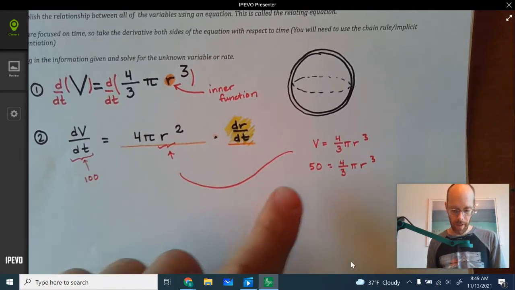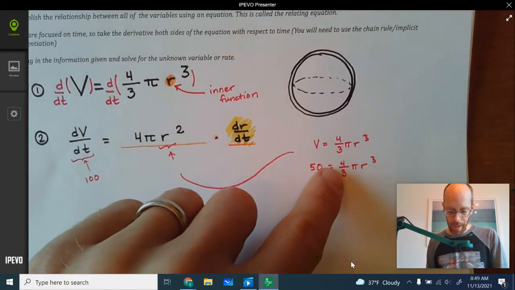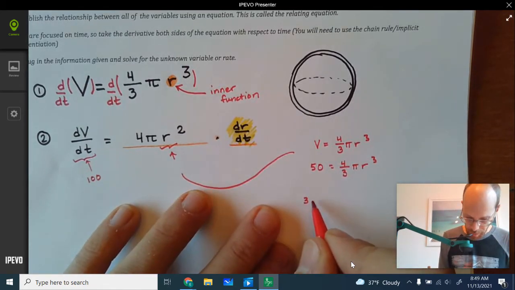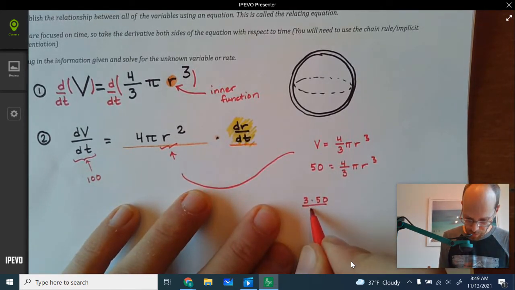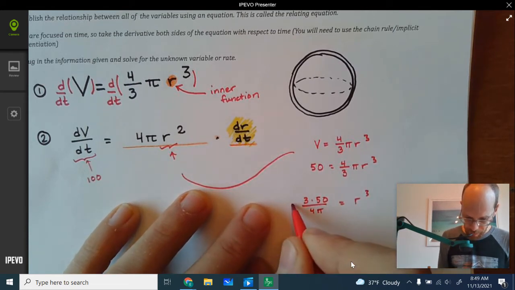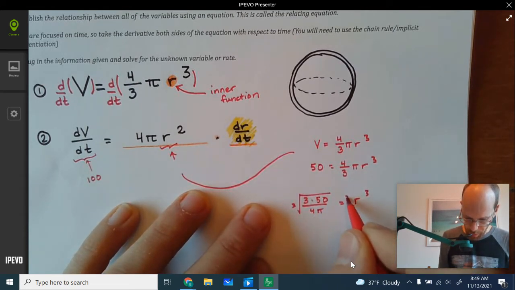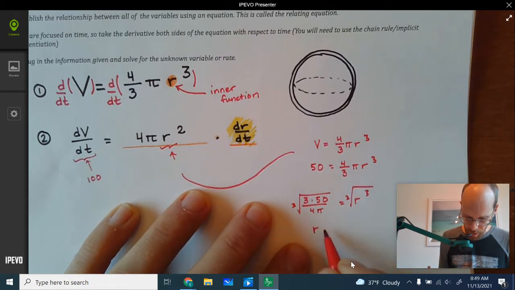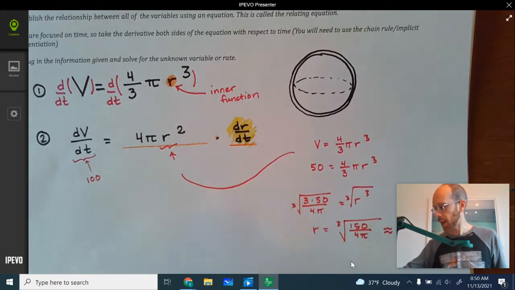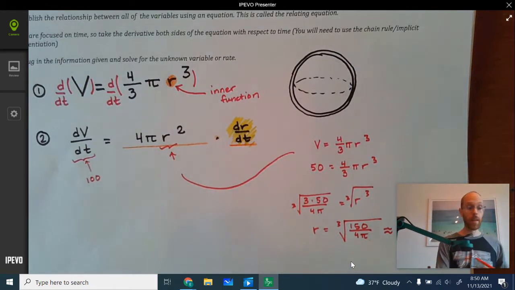And the way you would solve that is you would multiply by 3/4 and divide by pi. So over here we get 3 times 50 over 4 pi is equal to R cubed. And then we would take the cube root of both sides. So R is going to be equal to the cube root of 3 times 50 would be 150 over 4 pi,